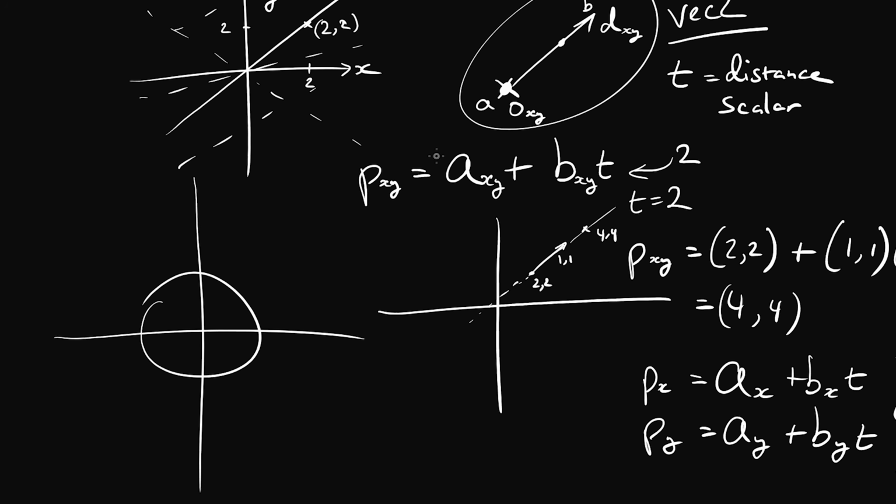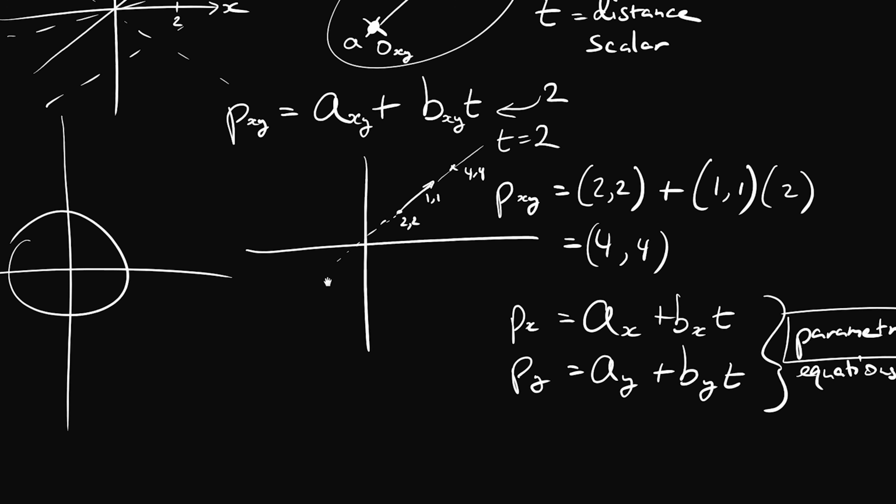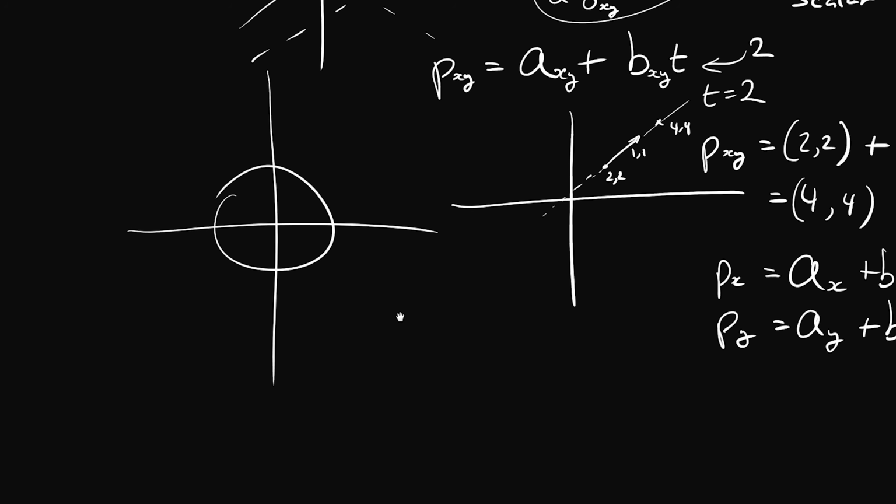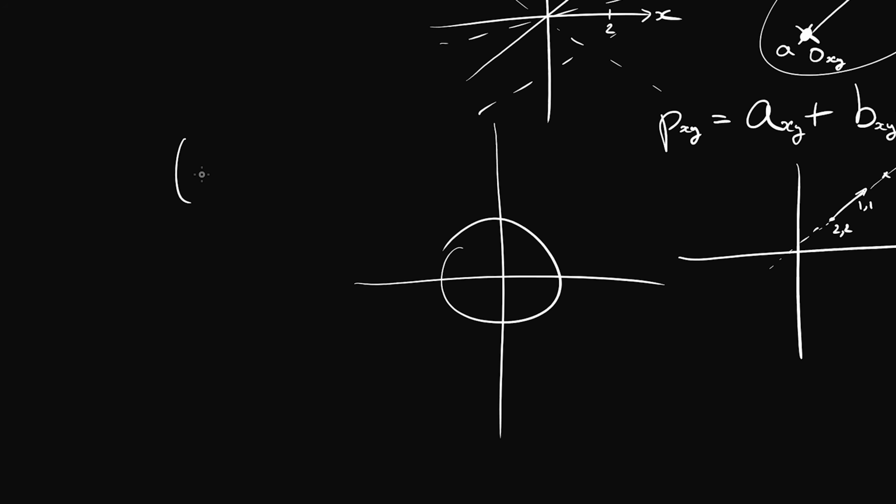So we've talked about the equation of a line and all of the various different forms that we might need to know. So let's talk about what it takes to actually draw a circle. Well, the equation of a circle is x minus a squared plus y minus b squared equals r squared. So what on earth does this mean?